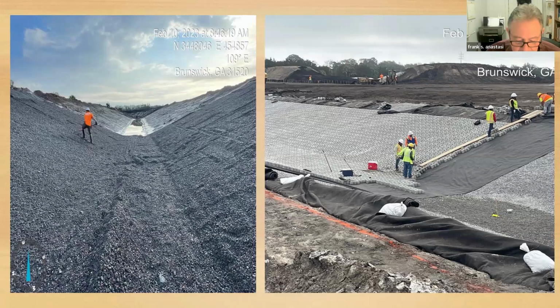So what they do is there's a geotextile fabric. You see what looks like a rolled up black rug that goes between the gravel layer and the block, and that adds stability and strength. And that helps maintain, again, the integrity of the new ditch over the long term. So maybe if we go to slide 11,